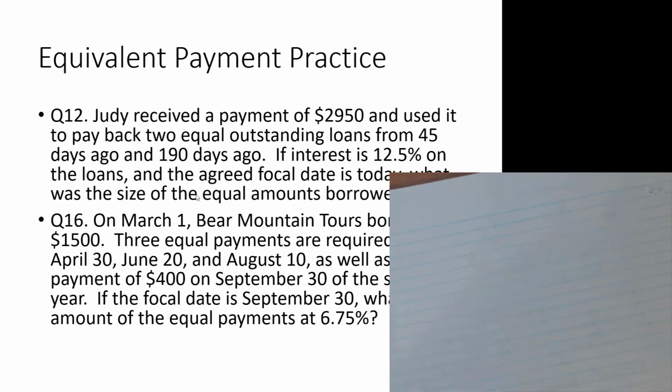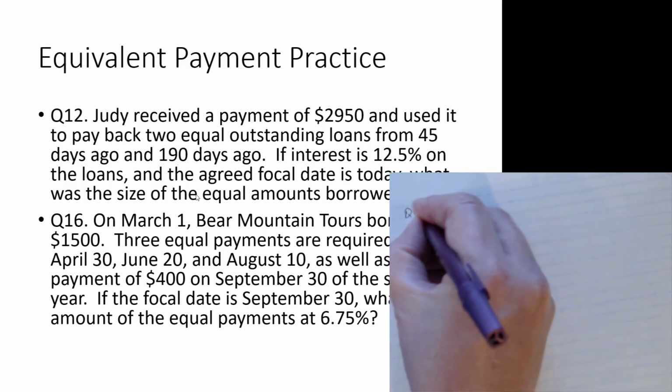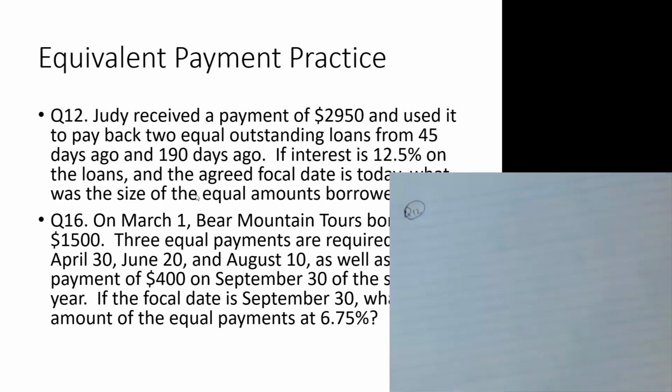Okay. So, question 12 here. Judy received a payment of $2,950, used it to pay back 2 equal outstanding loans. So they're the same. We don't know how much it is. Okay, so just X and another X. From 45 days ago and 190 days ago. So those 2 events happened in the past. If interest is 12.5% on the loans and the agreed focal date is today, what is the size of the